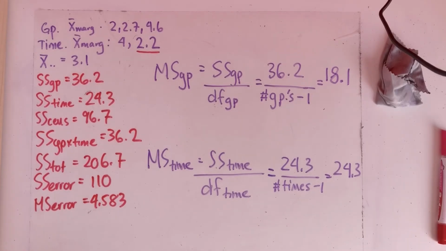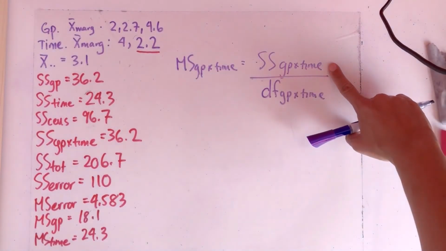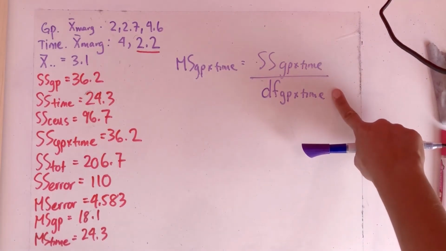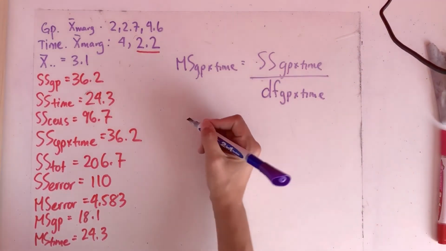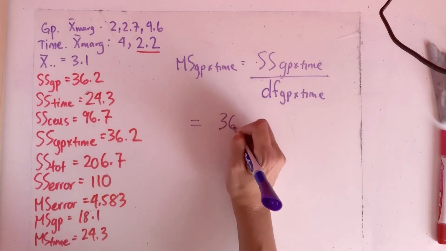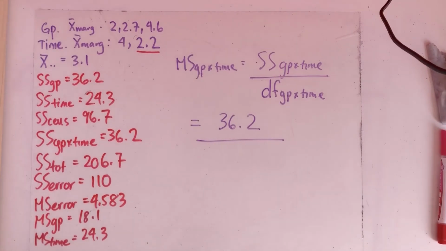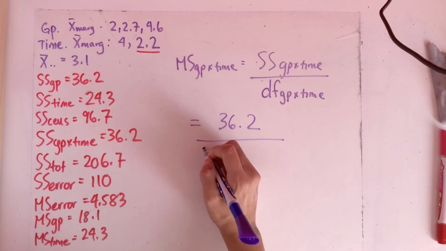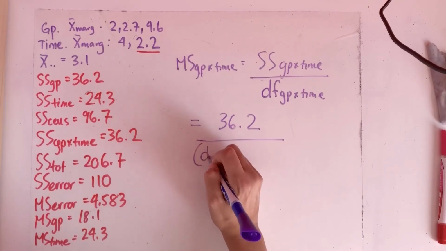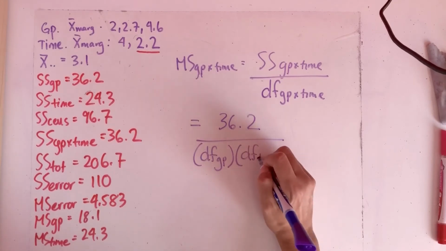Last but not least, we're going to compute the interaction. The pattern is that it is the sum of squares of the interaction divided by the associated degrees of freedom. And so if we look here, we can find that that numerator is 36.2. We already computed it using our SS cells and so on. And then we're going to divide by the degrees of freedom for group times the degrees of freedom for time,